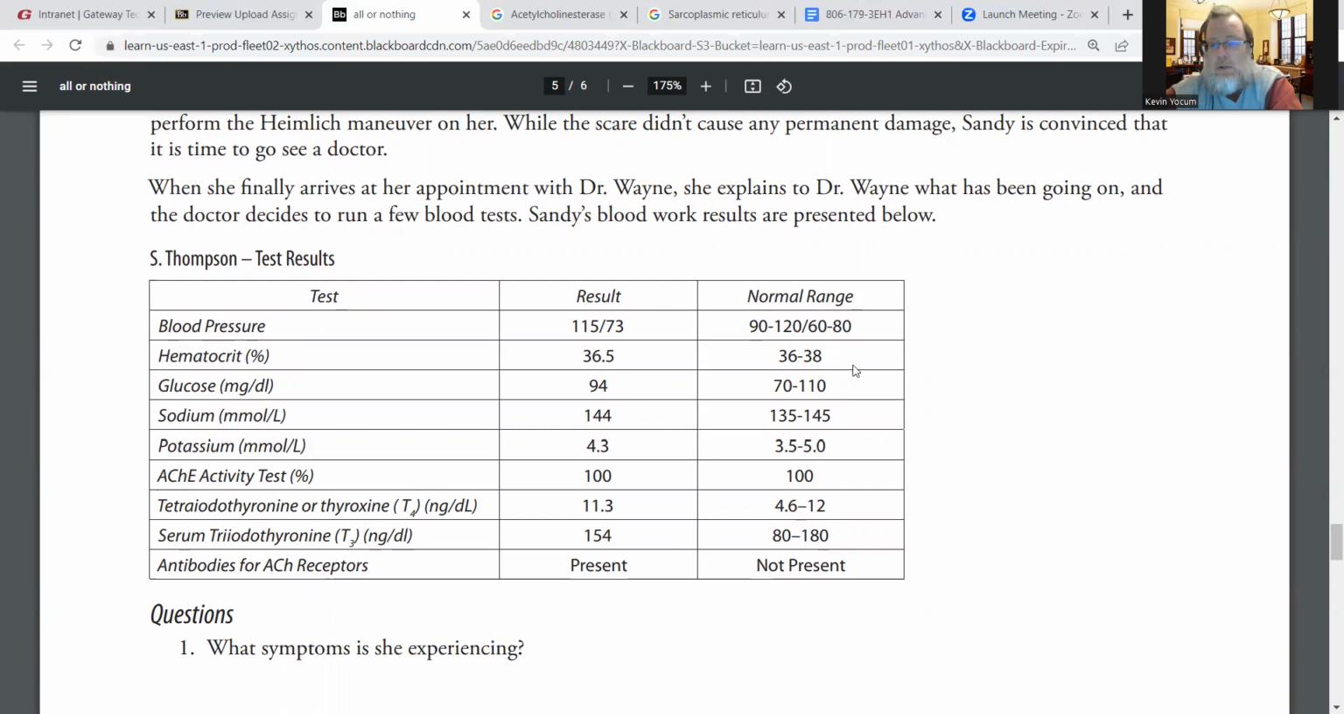So all of these numbers, all of these results match or fall into normal ranges until we get to the last one, antibodies for acetylcholine receptors. So acetylcholine receptors, again, are going to be found at the post synapse. The receptor means it's receiving. What is it receiving? It's receiving acetylcholine. So the post synapse at the surface of that muscle fiber, the muscle cell, is where ACH receptors are going